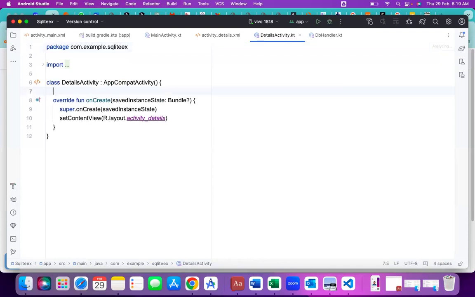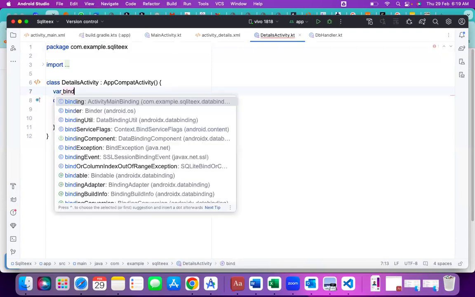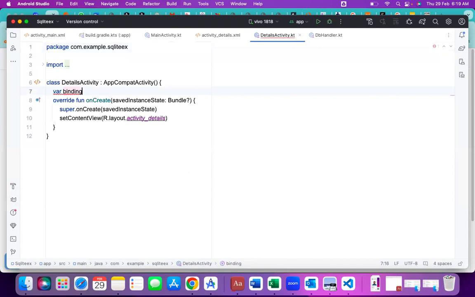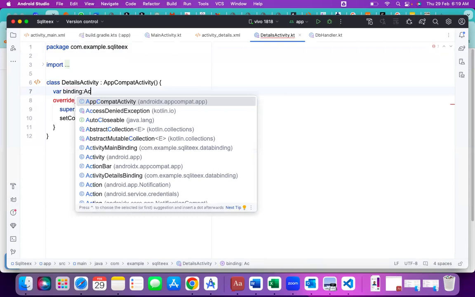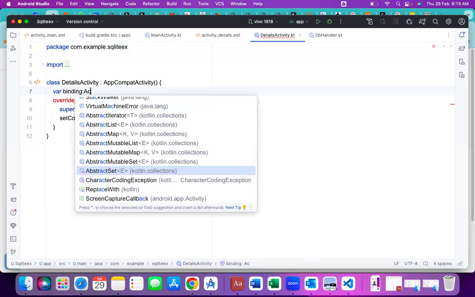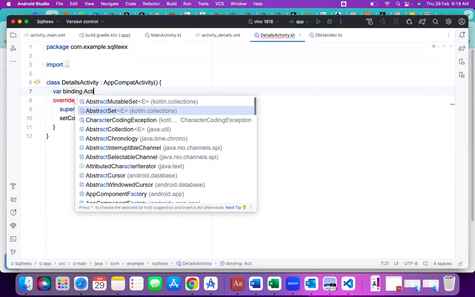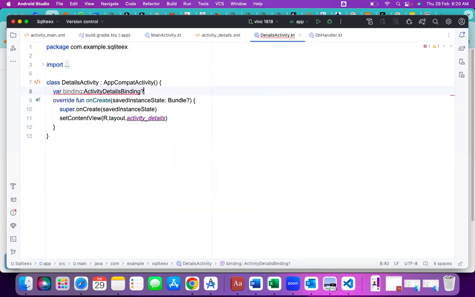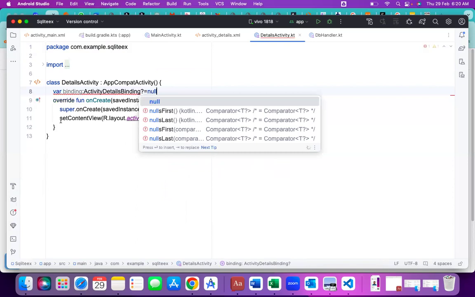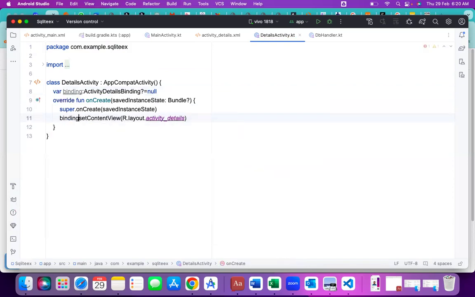Here we will declare the data binding: var binding colon, so that is activity details binding. See here, it is already there. It will handle the connection. So binding equal to